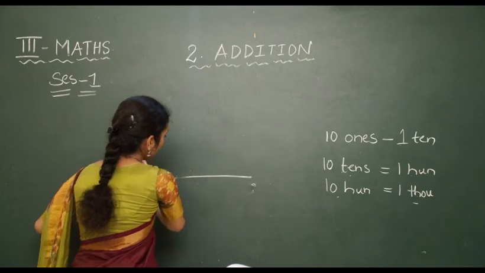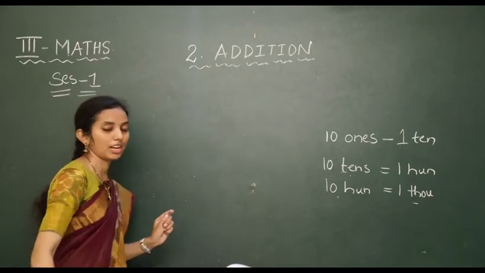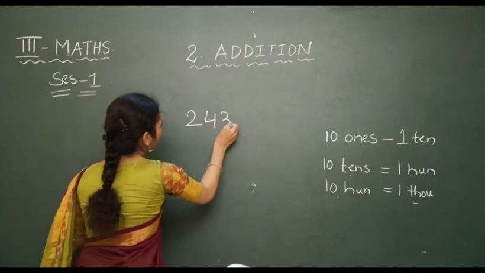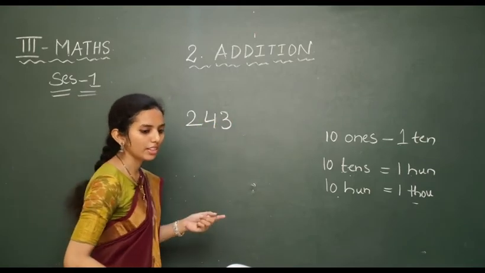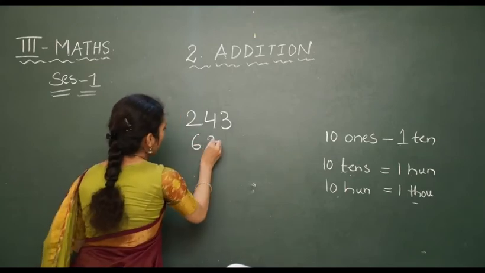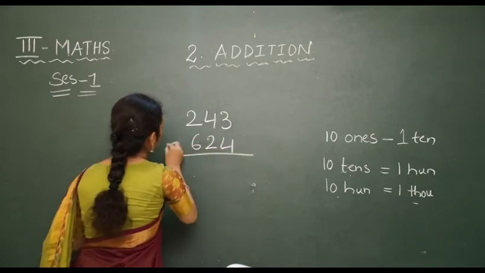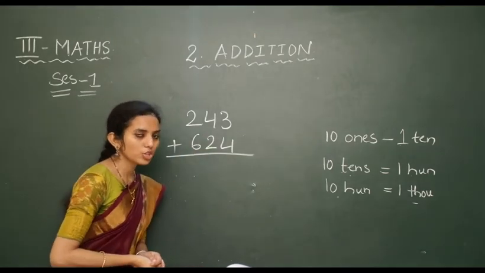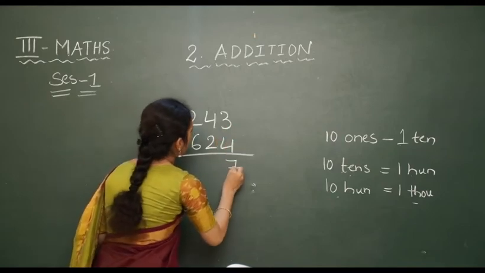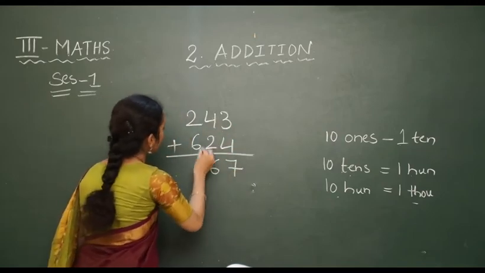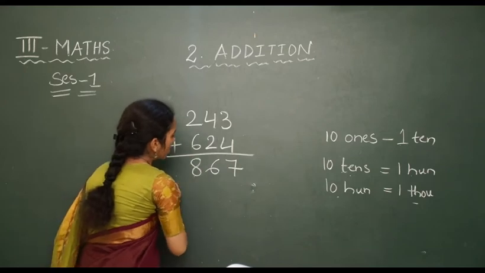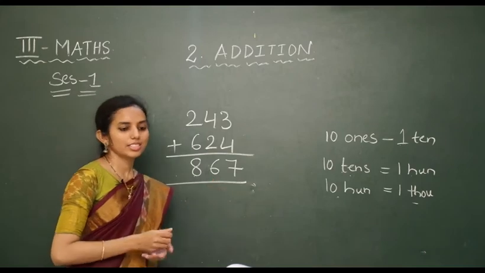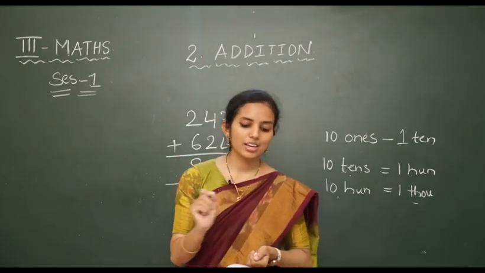So in a kite selling shop, one day they sold 243, and on the other day they sold 624 kites. So what is the total number of kites sold in the shop? So 3 plus 4 is 7, 4 plus 2 is 6 and 2 plus 6 is 8. So the total number of kites sold in that shop are 867. Now write the answer in the answer column,